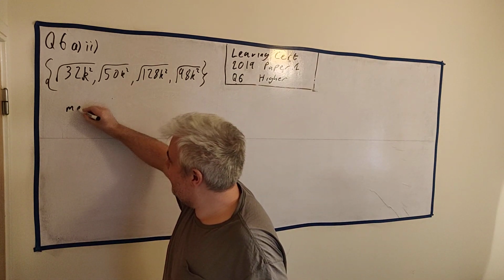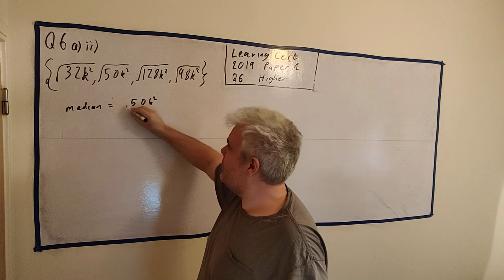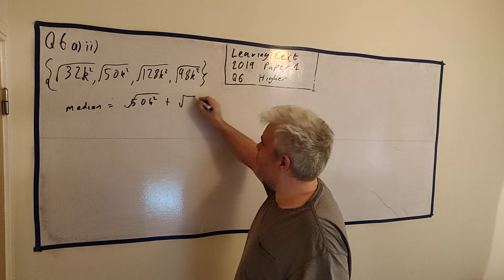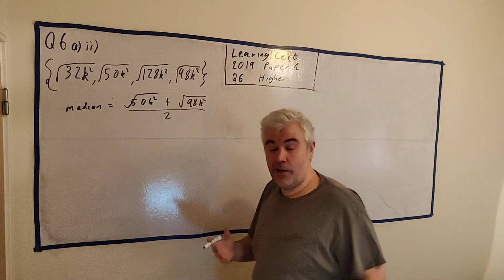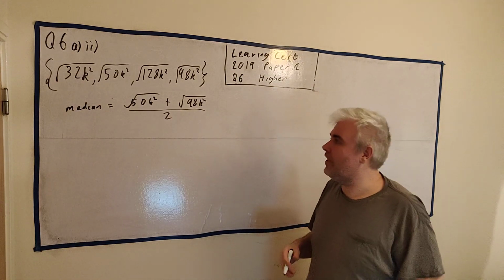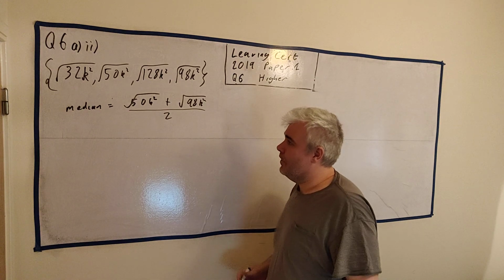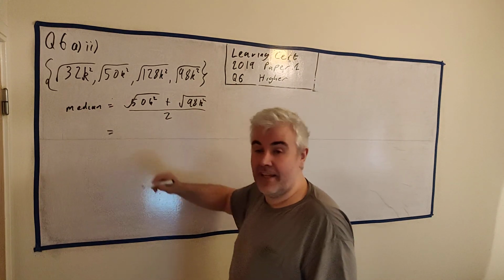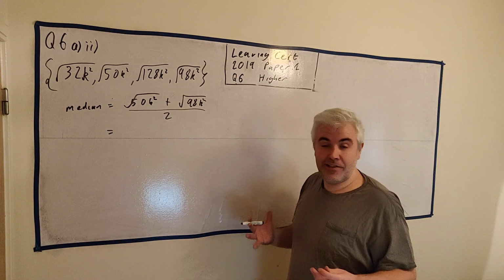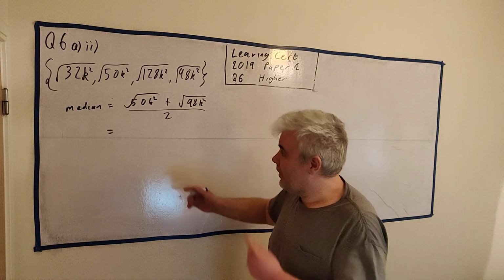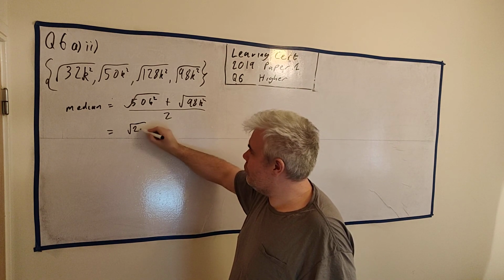So the median is equal to the middle numbers, that's square root of 50k squared, plus square root of 98k squared, divided by 2. That's how we get the median when there's an even number of values in the set. Now let's add these together to get the mean, and we'll take a hint from part 1. That's the reason part 1 is in this question. That's the reason they weren't separated. They are very similar. The hint here is to find the common root, and that would be 2 and k